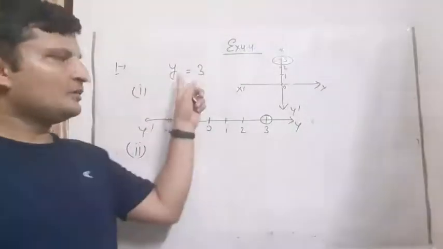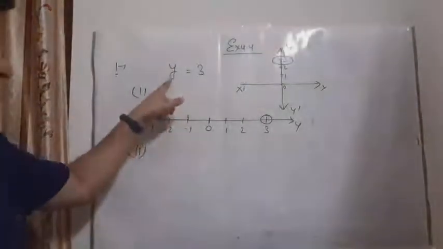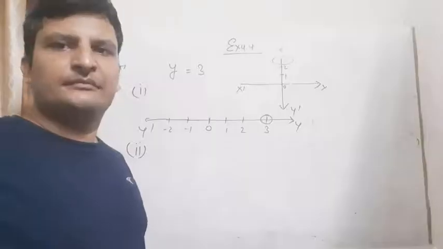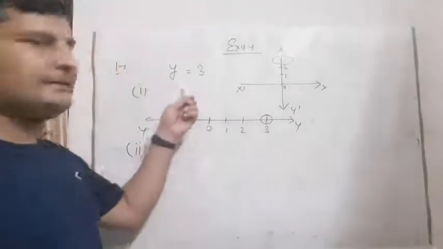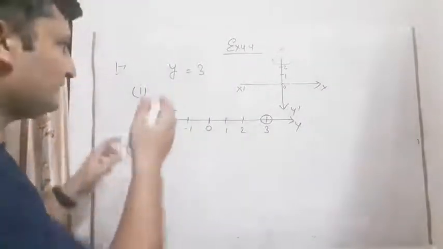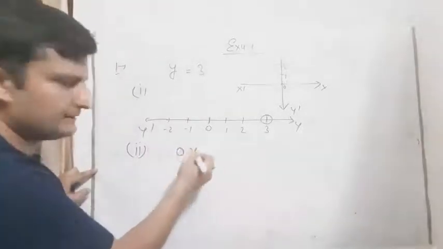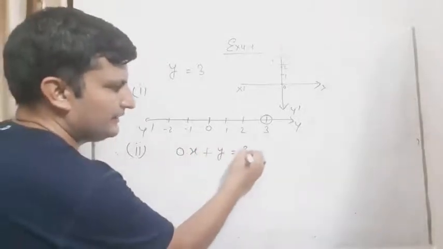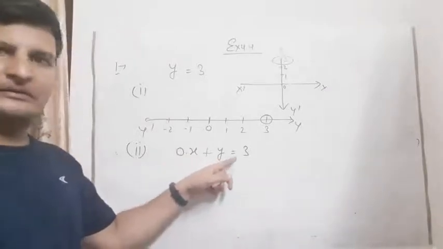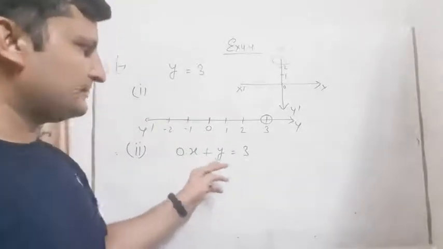we have to show y is equal to 3 in two variable form. Students, think about it. Here the equation is in only one variable. One variable means y is equal to 3, it is given. But we have to write it in the form of two variables. How can we write it in two variables? We can write it as 0 into x plus y is equal to 3, because 0 into x is 0 and y is equal to 3. So the equation is like this, y is equal to 3, that is 0 into x plus y is equal to 3.